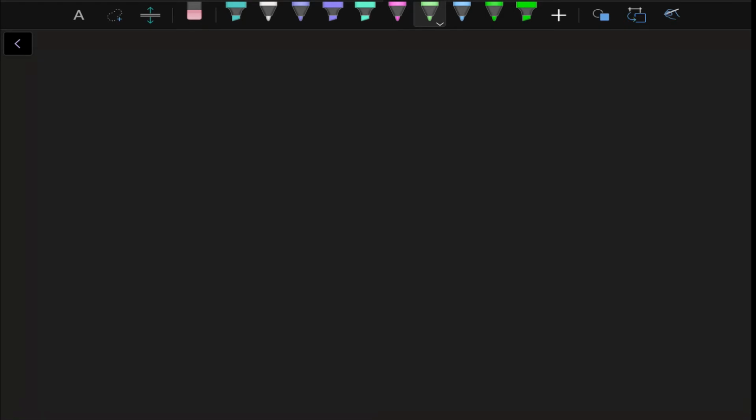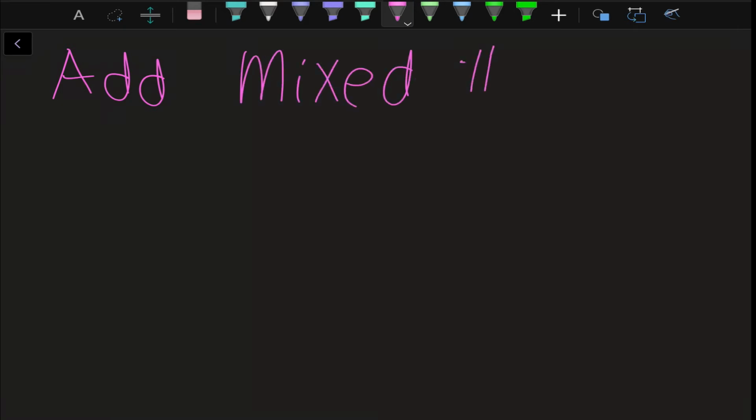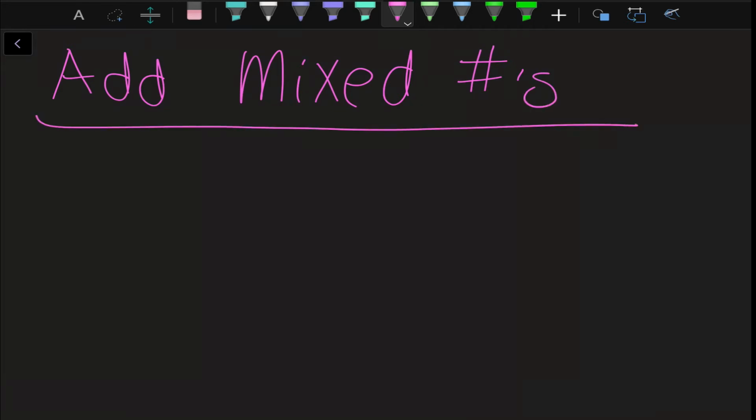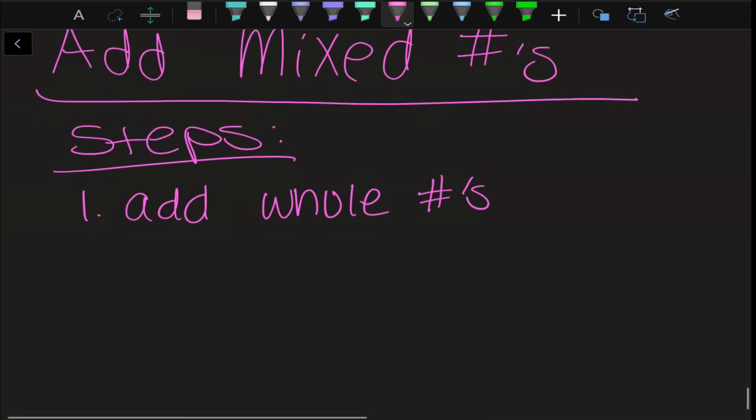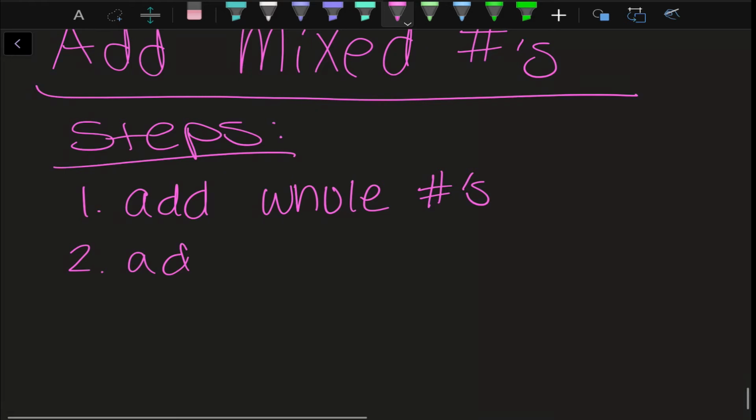Next, we've got addition of mixed numbers. So we talked about mixed numbers. We talked about how to get mixed numbers from an improper fraction and from mixed numbers to improper fractions. So now we're going to add mixed numbers. The simple steps for us here, and I'll write them out so we can see them. First, we're going to add the whole numbers. Pretty straightforward. Then, we're going to add the fractions